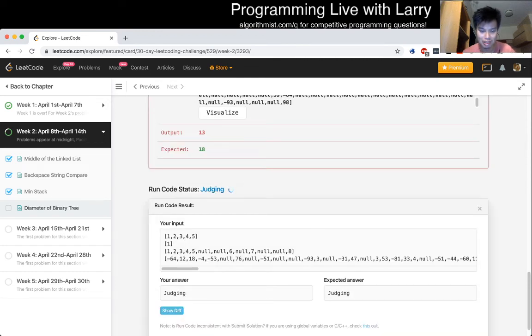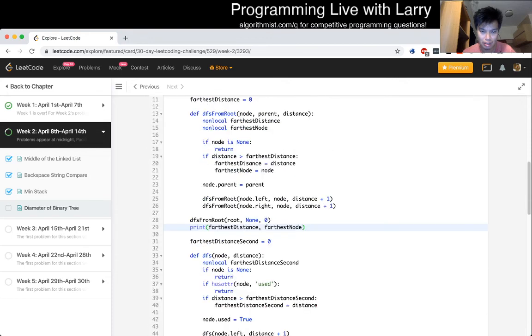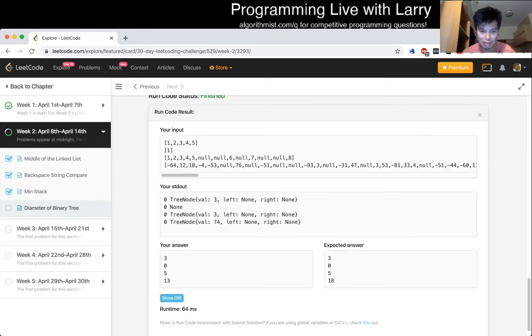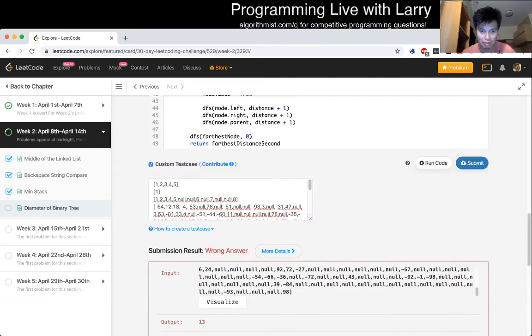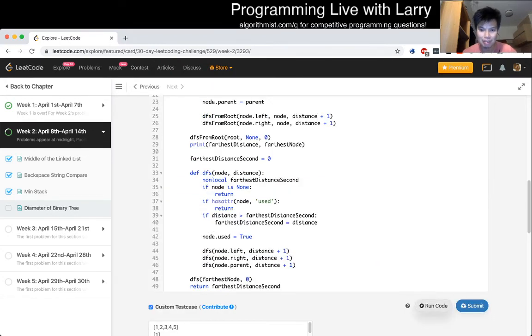What does this give me? Just give me a random root node. Hmm. Oh, I have a typo, like literal. Okay, well, sometimes